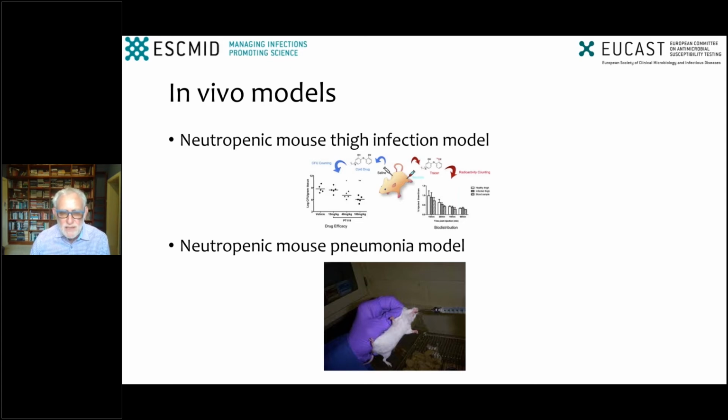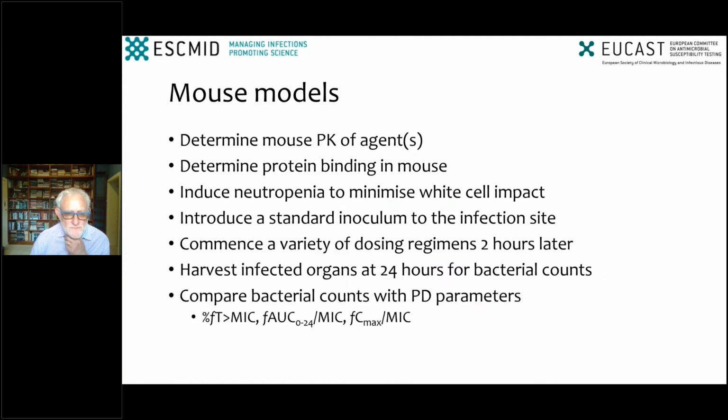The answer is, well, you can, but for many bacteria, human pathogens, you'll have trouble growing the organism. So neutropenia is fairly standard use in these models. Next. We'll show you an example of how the mouse models look in a moment and what the critical endpoint is. But the advantages of having the mouse models are